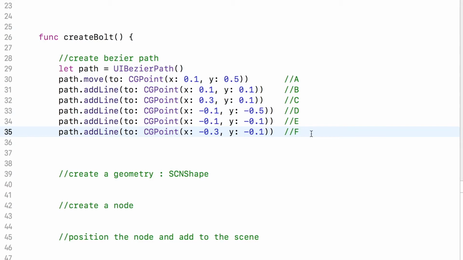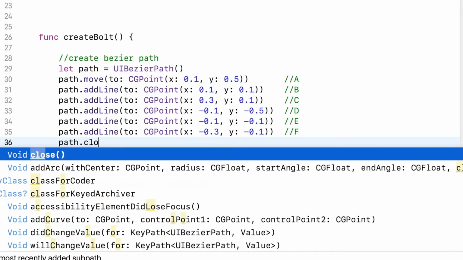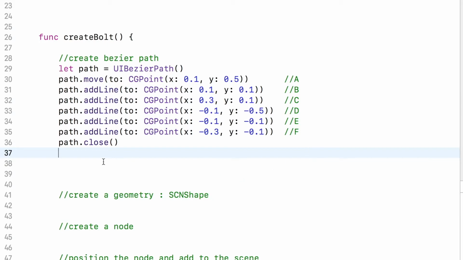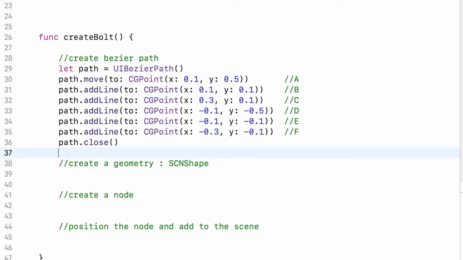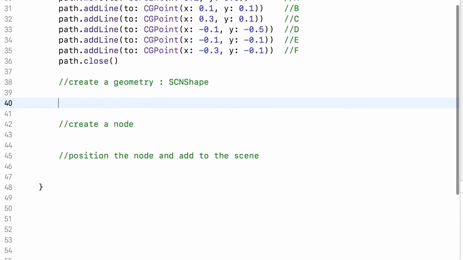Okay, so now that we've got all our points, we can close the path. So path dot close, and this is our Bezier path completely done now. So what we can do now is to create our geometry from this. So let shape equals an